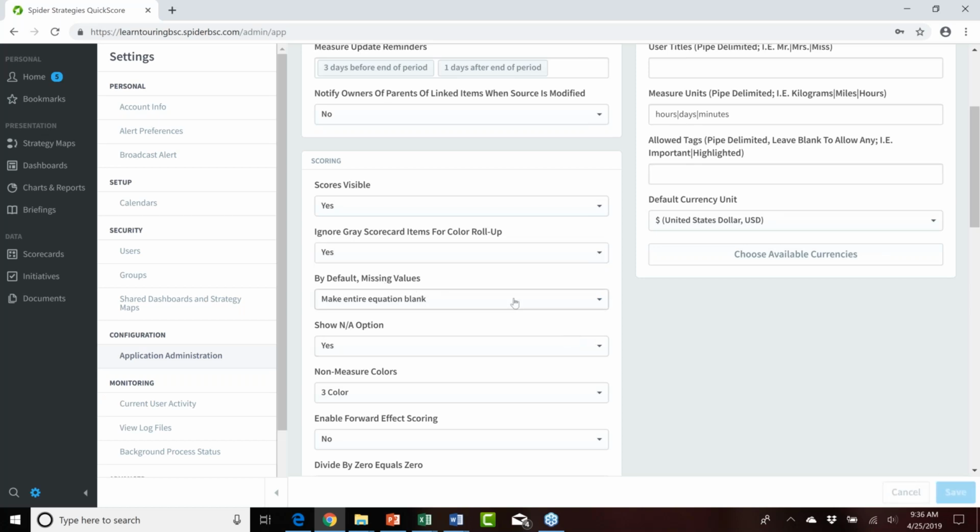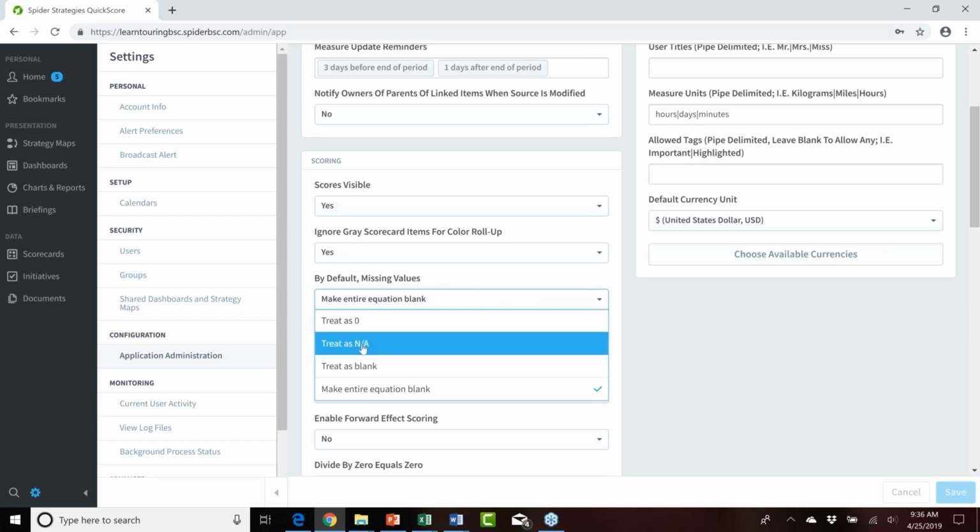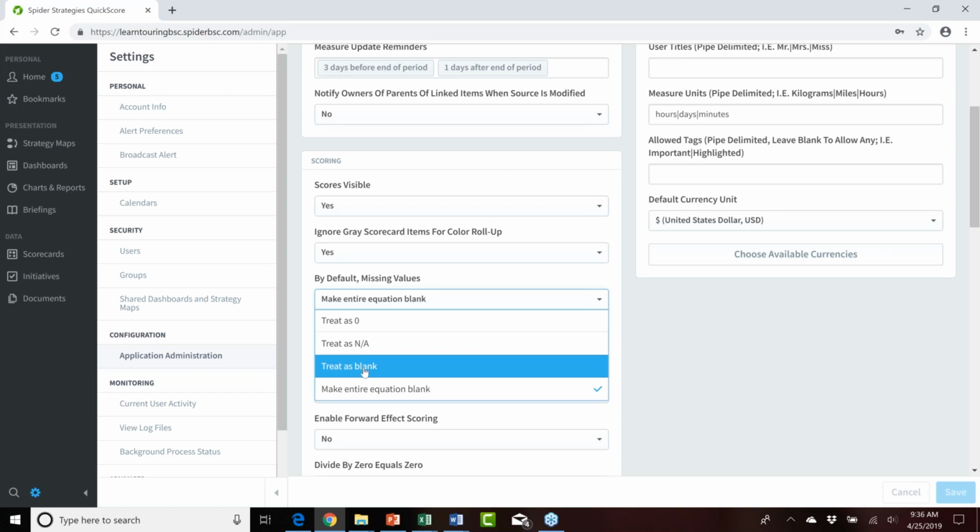Okay, by default, missing values. This is just a default setting. This pertains to when someone is creating new measures and sets something up with a calculation. So note that it says right now it's set to make entire equation blank. Your other choices are treat as 0, treat as non-applicable, and treat as blank. So we'll leave it as it is, make entire equation blank, and again, just show you where that comes into